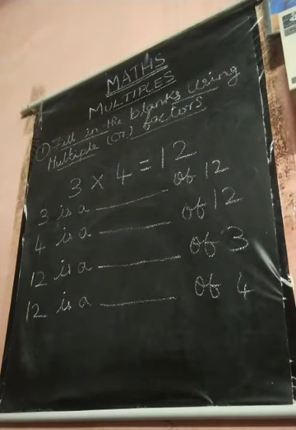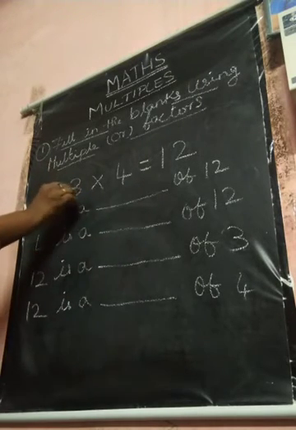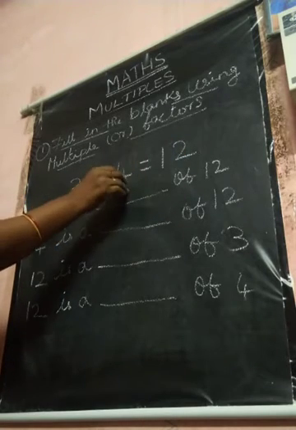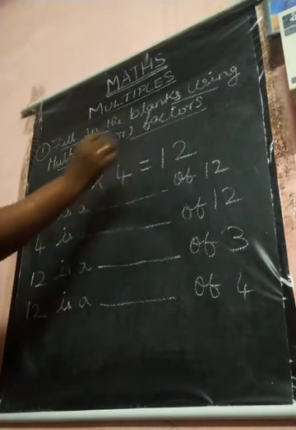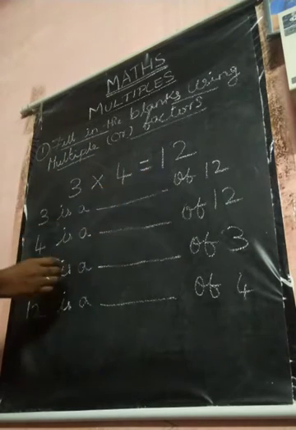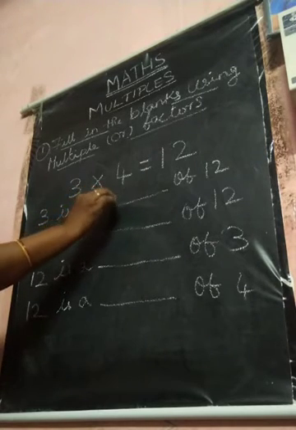Today we are going to see fill in the blanks using multiples or factors. You are going to fill in the blanks. 3 4s are 12. 3 is the dash of 12. What's the mark? 3 and 4 is the what? Say, children. Good. 3 is the